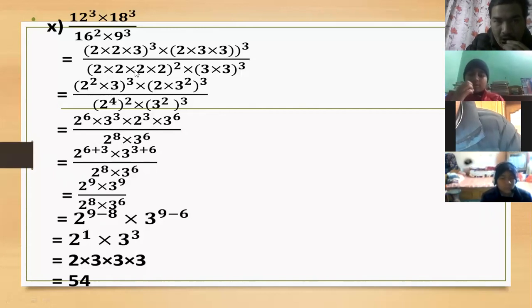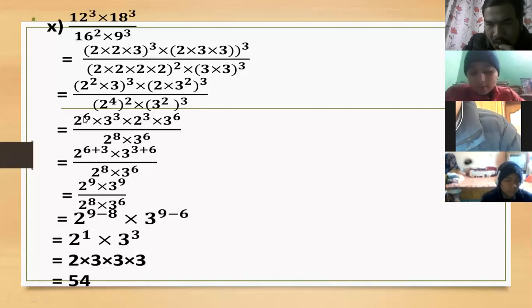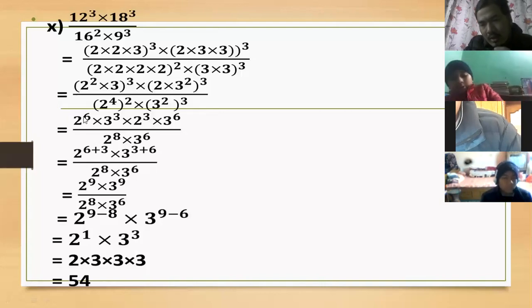What is the power of 3? It is 1. This power and the outside whole power will be multiplied, and this 2 square and the outside 3 power will be multiplied. 2 3s are 6. We have to multiply only the terms having the same base. While multiplying, write only one base, and we have to add their power.